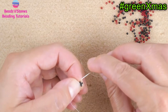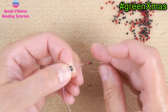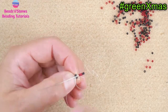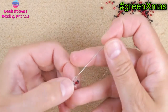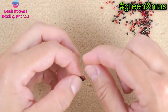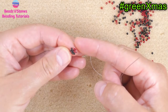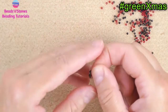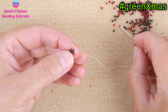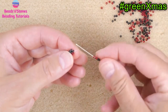needle in between the next beads. So beads number 2 and 3, go under the thread, slide, then here we catch the thread, and this is how we have our first loop. This method that I'm showing you makes the rope easier to control,